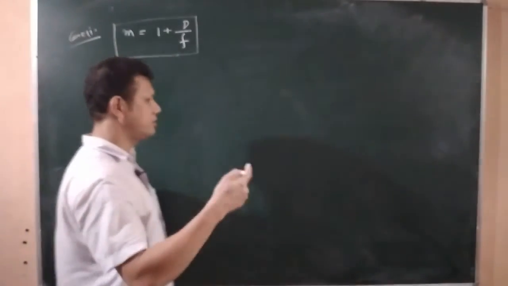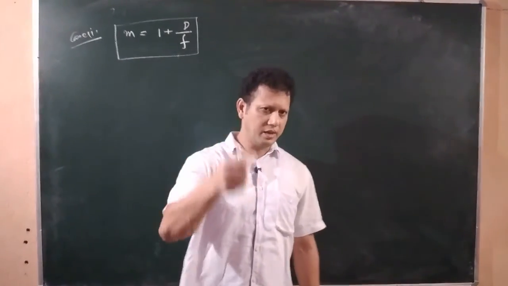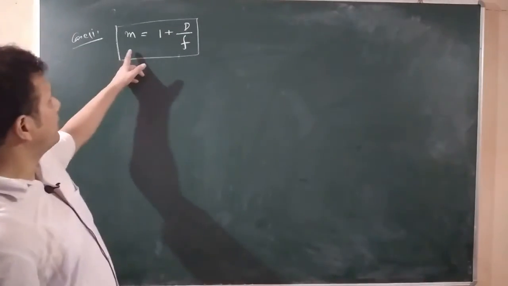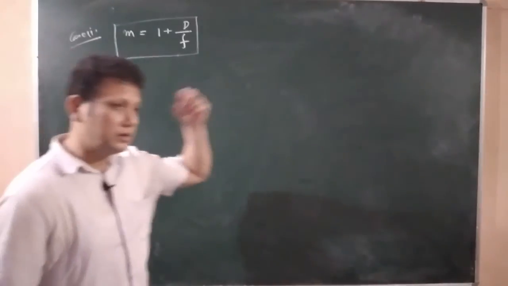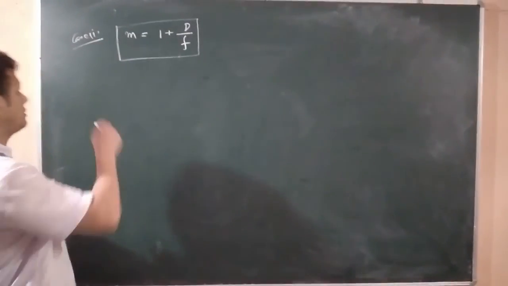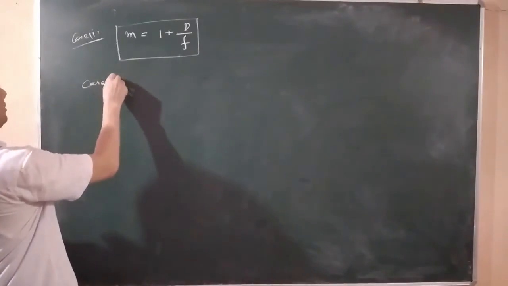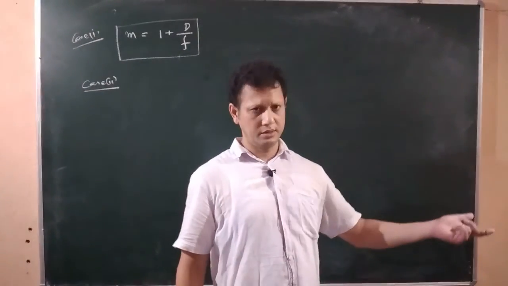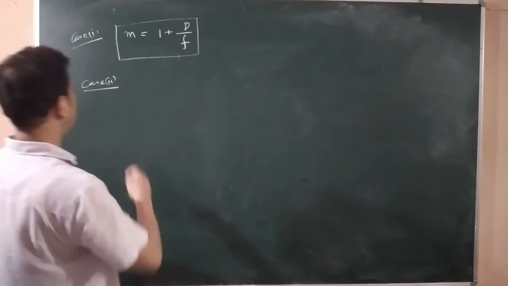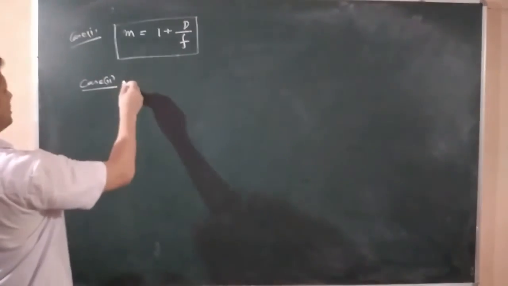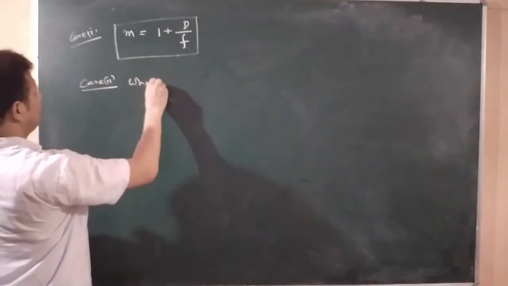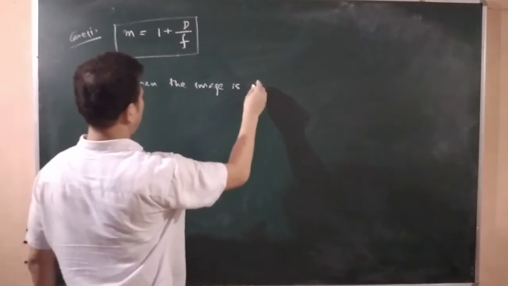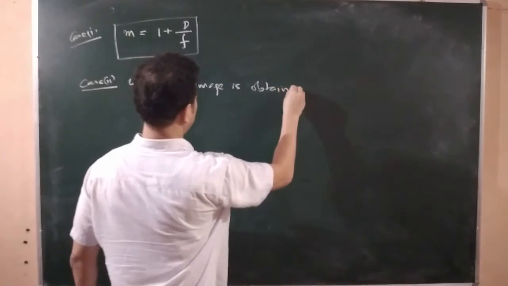In other words, there are actually two positions. In one, the image is put at the near point, for which the formula of magnification is this one. And in the other, case 2, the image should be obtained at infinity. In the second case now we shall be discussing this case, which is when the image is obtained at